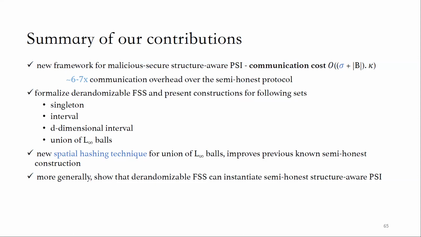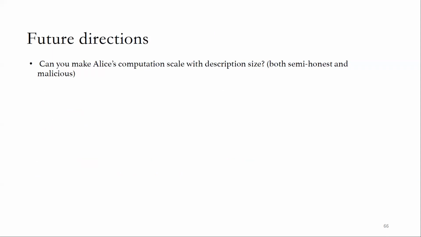And finally, I'll switch to presenting some open questions. So far, I only talked about Alice's communication, and theoretically, this is very interesting. But to realize PSI, we also have to consider the computation. And in this construction, Alice's computation still scales with the entire cardinality of her input because she needs to compute this FSS value over her entire input to recognize Bob's function evaluations. So it's still open whether we can have the computation also scale with Alice's description size,